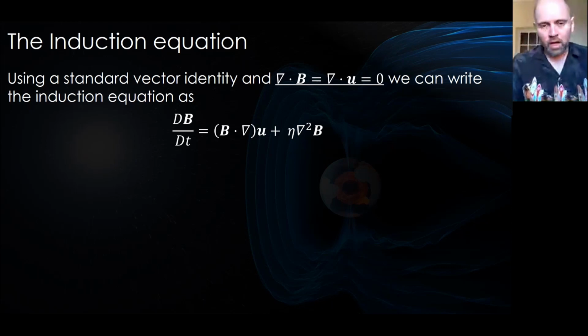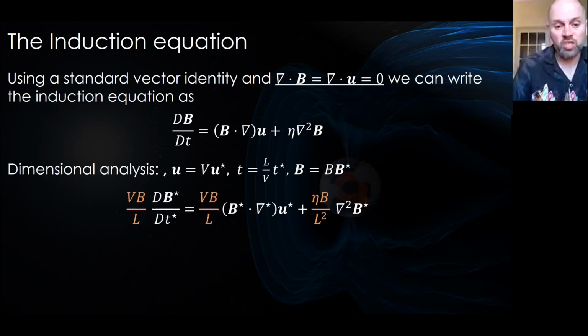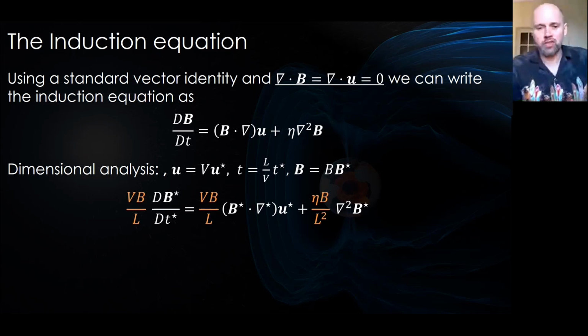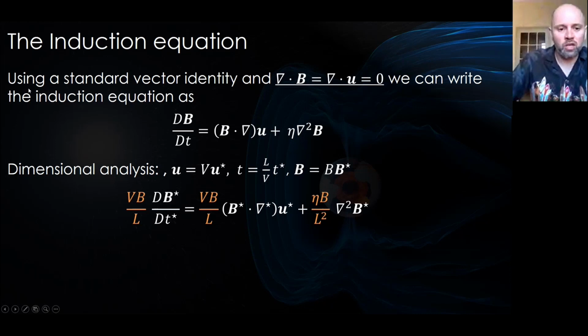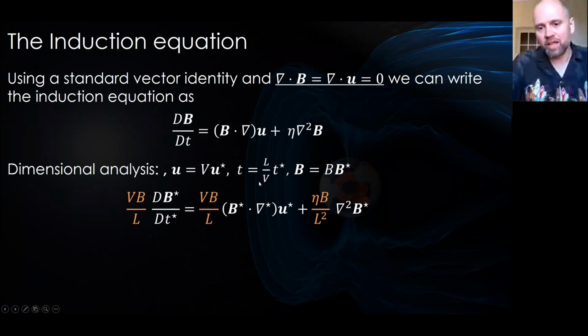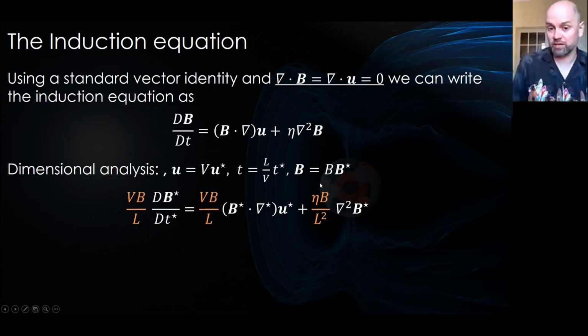Okay. And then to proceed, we do something that, again, hopefully you've seen before, which is dimensional analysis. We try and write this equation in terms of dimensionless numbers. So all the stars here are dimensionless quantities, and all the scalar quantities here, like this big V, are dimensional. So V is just a characteristic flow speed. The time scale here is what's called the advective time scale. It's the time scale for a fluid parcel to be advected through a length L at the velocity V. And then scalar B is just a characteristic strength of the magnetic field. And when you pop this set of relations